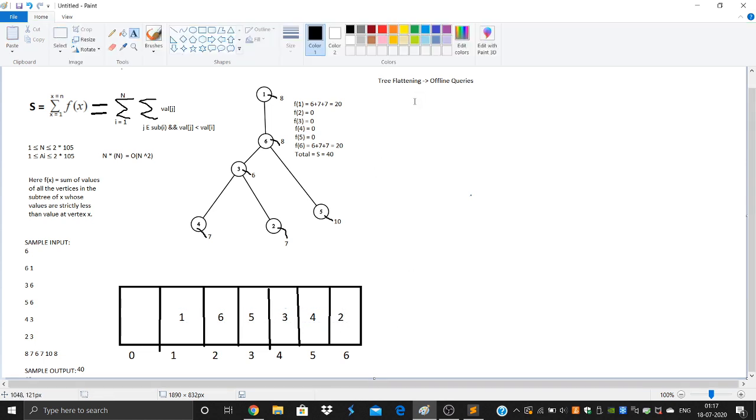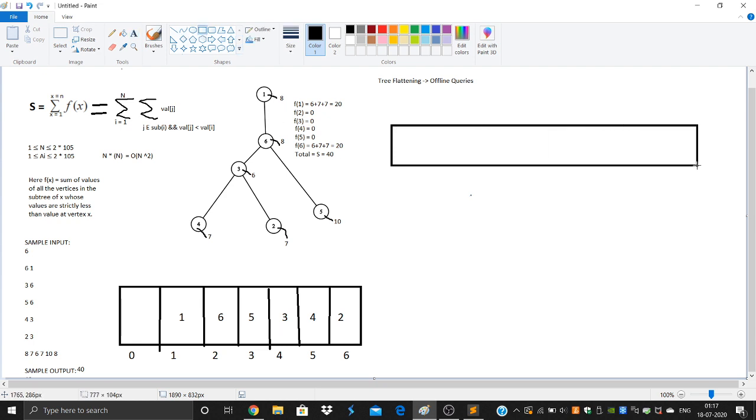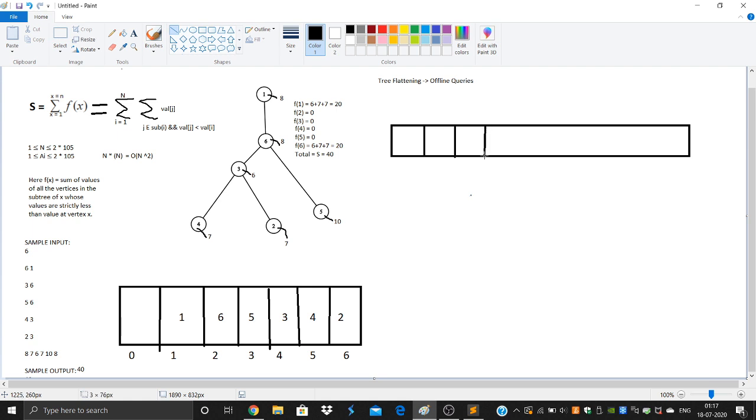Okay. So I'll be explaining the offline queries using a binary index tree, but it's up to the user. They could use merge sort tree or segment tree as well. But the binary index tree approach is to an extent intuitive also, because at the end a binary index tree is like a partial sum array, and our queries are going to be of that sort.